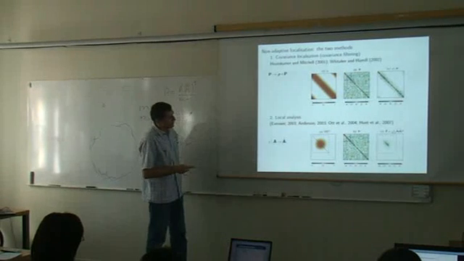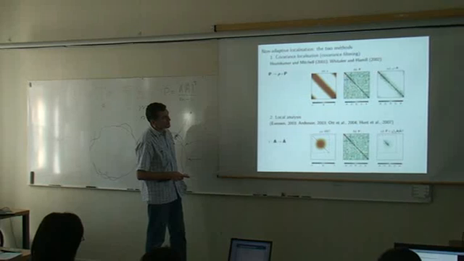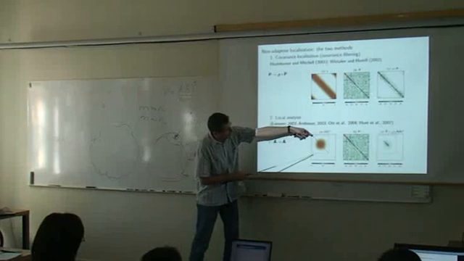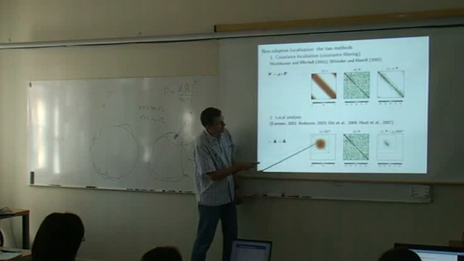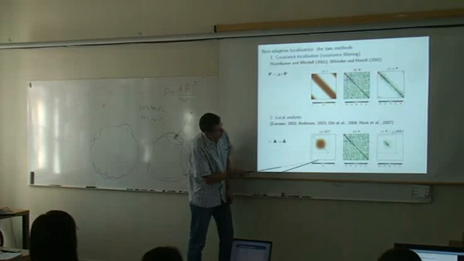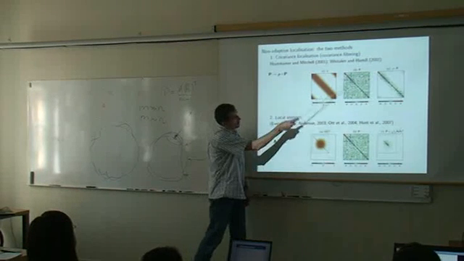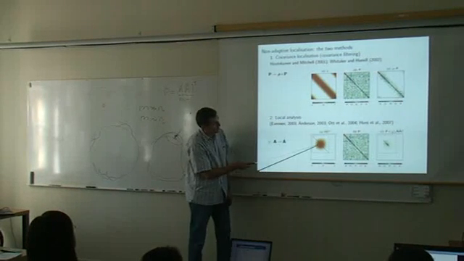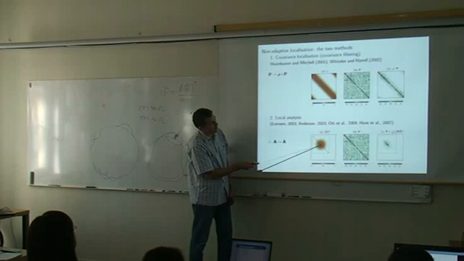Now, in local analysis, the analysis is conducted in some local window around some element. For example, if this is the domain which corresponds to our covariance matrix, and we consider the update of some element at this point on the diagonal, then